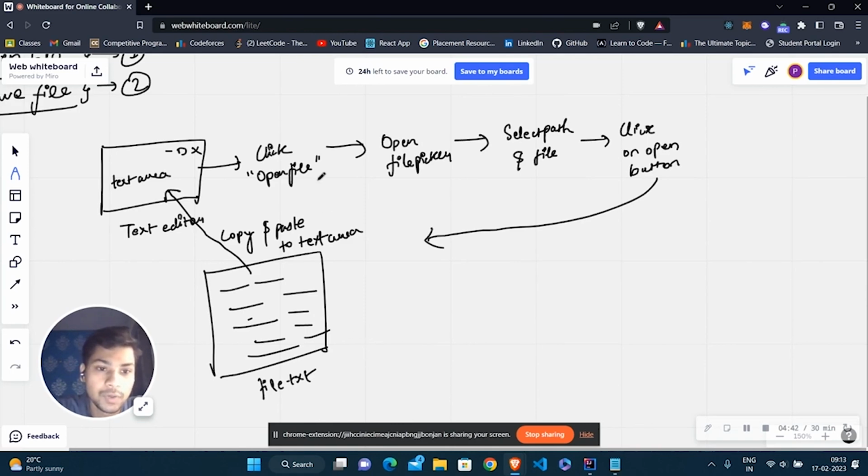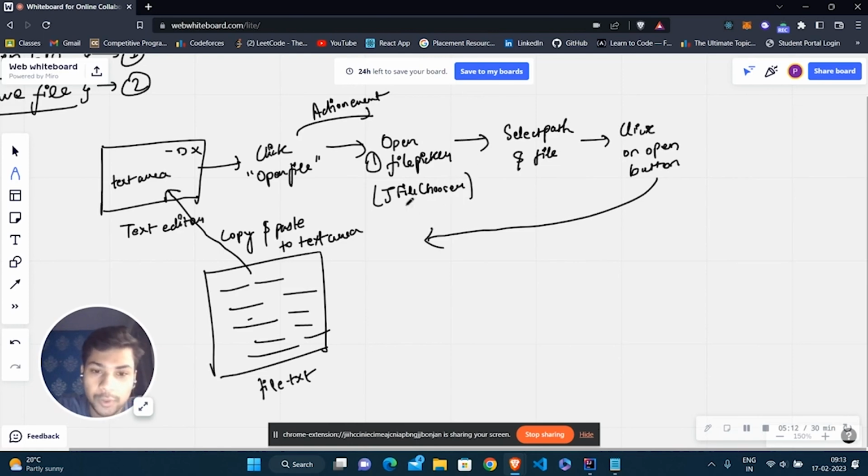When I click on the open button, an action event will be triggered, and our actionPerformed method will be listening to that action event. So first I want to open the file picker. There's a class inside Java Swing called JFileChooser.